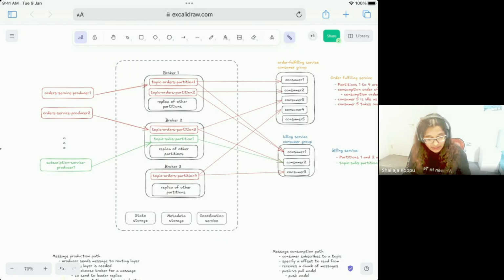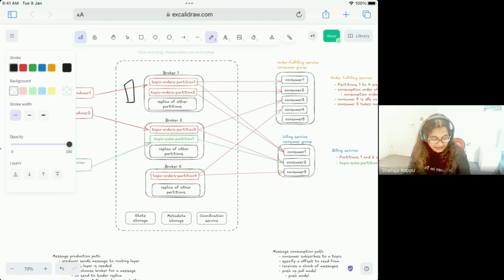That is one option. The other option is, instead of having this in the producer, we can have our own routing layer, similar to our load balancer in the other systems we discussed. That routing layer sits in our cluster, takes the message from the producer, implements the partitioning logic on that message, and sends the message to the partition. So there are two options: one is having the routing layer here versus having the routing layer at the producer. There are pros and cons of each of them.